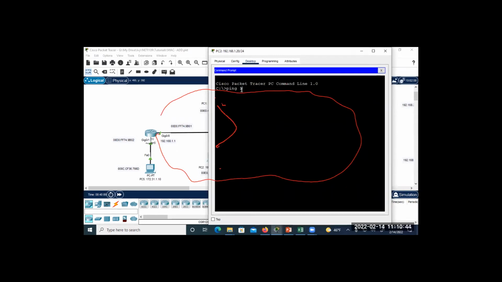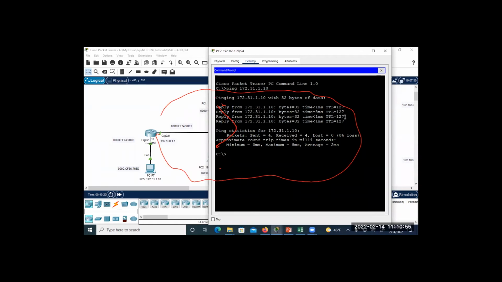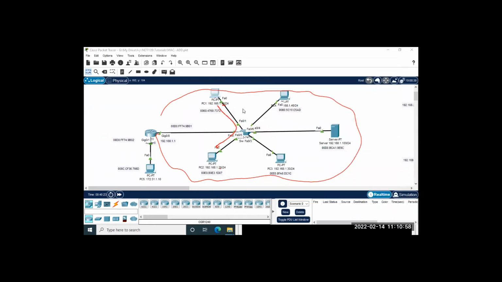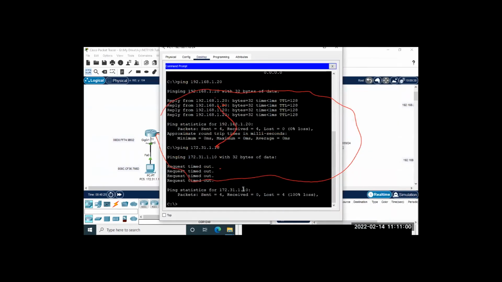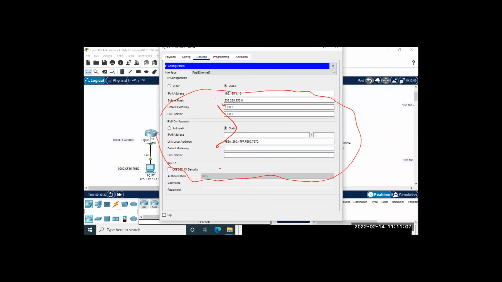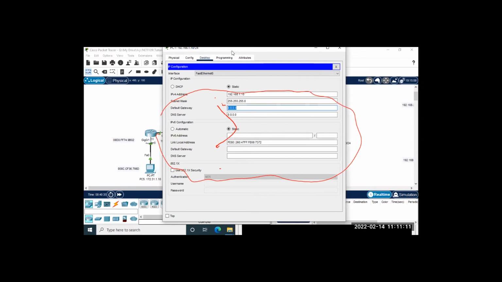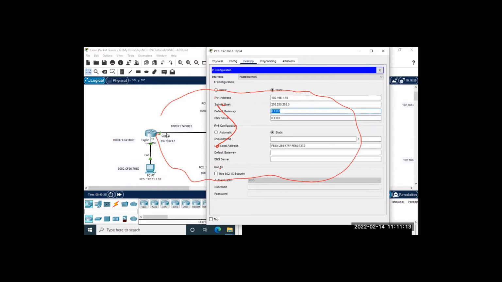Sorry, ping this one, 172.31.1.10. For this one I'm able to ping it because I configured the default gateway, right? But this guy here, I'm not able to ping it because I deleted the default gateway. So now, if I want to ping it again, I have to put in the default gateway information. Remember that the default gateway is the IP address of the interface of the router. So I put it here,